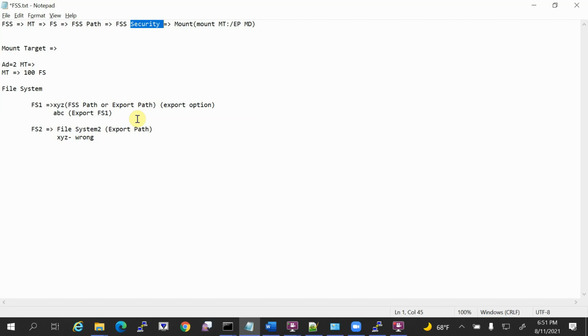So once you create all these things, how are you going to mount it? The syntax is, of course, your traditional mount command, then your mount target, colon, your export path name, then the mount directory where you want to mount.